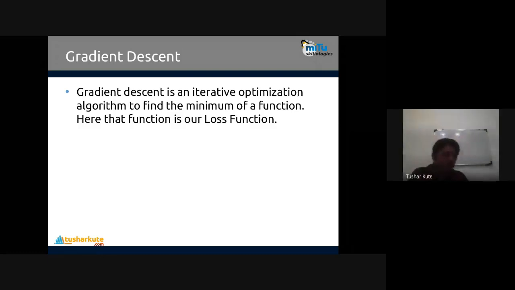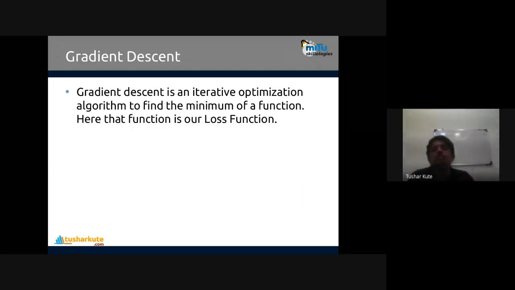Not only linear regression, but other techniques and algorithms also, it's possible to apply, which work linearly and follow the line of best fit, whether it is RANSAC regression, linear or polynomial regression, or any other. Let's see gradient descent. Gradient descent is an iterative optimization algorithm to find the minimum of a function. That function is our loss function. So the minimum of the function can be calculated. If you get the minimum loss, we can identify it with gradient descent.